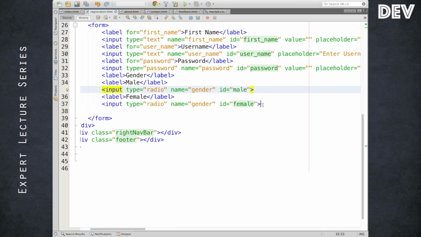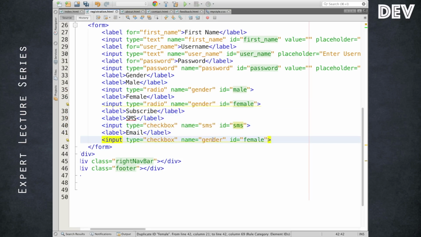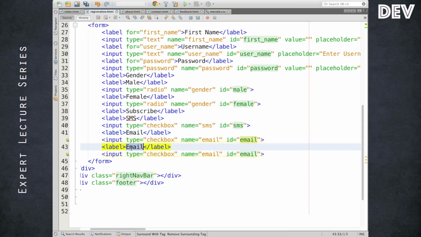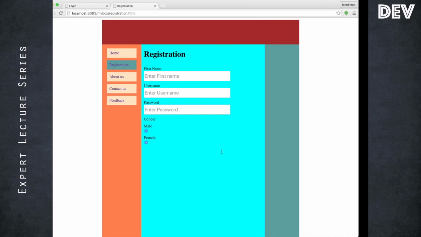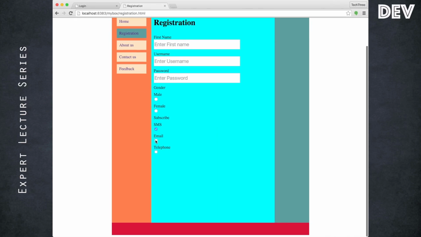So if you require multiple choice, you can use a checkbox instead.